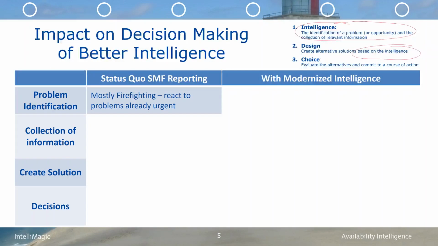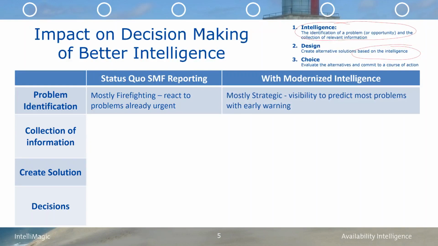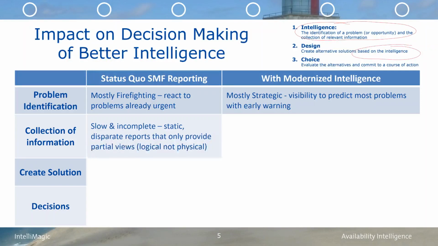Today, it's pretty common everywhere we go that there's a lot of firefighting. There's more firefighting, and you really look into the data after a production problem has already been reported. From our perspective, it would be really nice and more strategic to get some visibility about what's going on, as the risk of a service disruption is growing in part of the infrastructure. How can we be notified of that to get that early warning and deal with the situation before it becomes a production problem? And collecting more information about it.